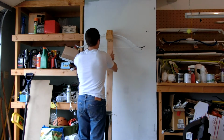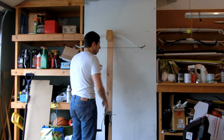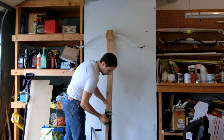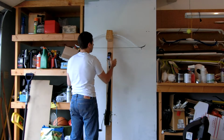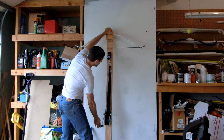Brace height appears to be 7 inches unless I'm mistaken. 7 inches, there we go. I really ought to just write some numbers on the side here for me to reference. What I'm going to do is draw it first to 8 inches and then every 2 inches all the way to 28. So here we have 0 at 8 inches,